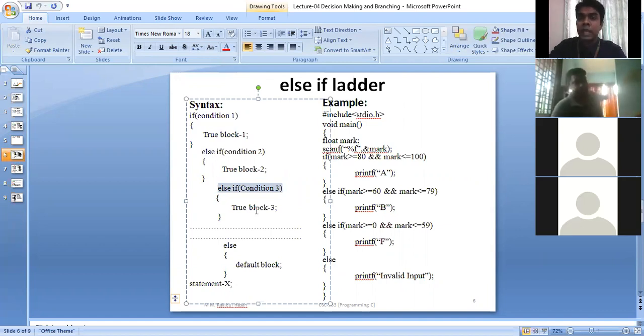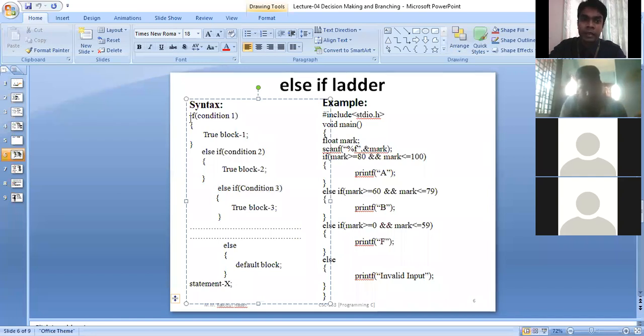You might ask me one question: when should we use this else if ladder? When you have a list of conditions, like 5, 6, 7, 8 conditions, at that time you can use else if ladder. Like if I give you a program to convert your mark to grade, you can use this type of conditional statement.